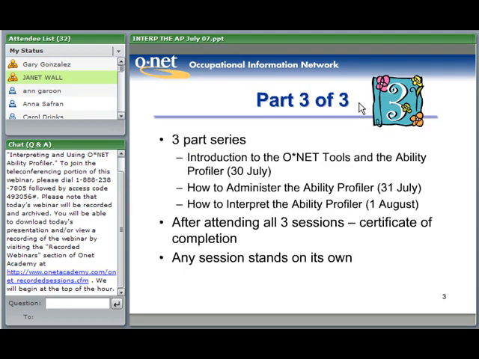And welcome back to those of you that have attended either Monday session or Tuesday session, or perhaps even both. This is the third of a three-part series focusing on the ONET Ability Profiler. On Monday, we talked about just an overview of the tools and focused on the Ability Profiler characteristics. Yesterday, we went into some level of detail on how to administer the Ability Profiler. And then today, we're going to talk about the results that a person gets back if they have taken the Ability Profiler and their bubble answer sheet has been scored and their individual score report has been produced and returned